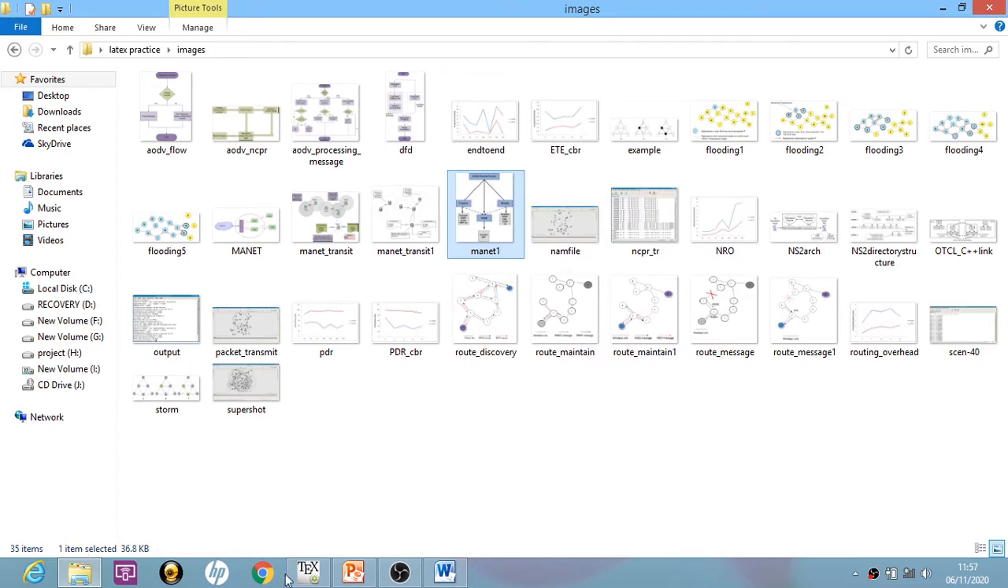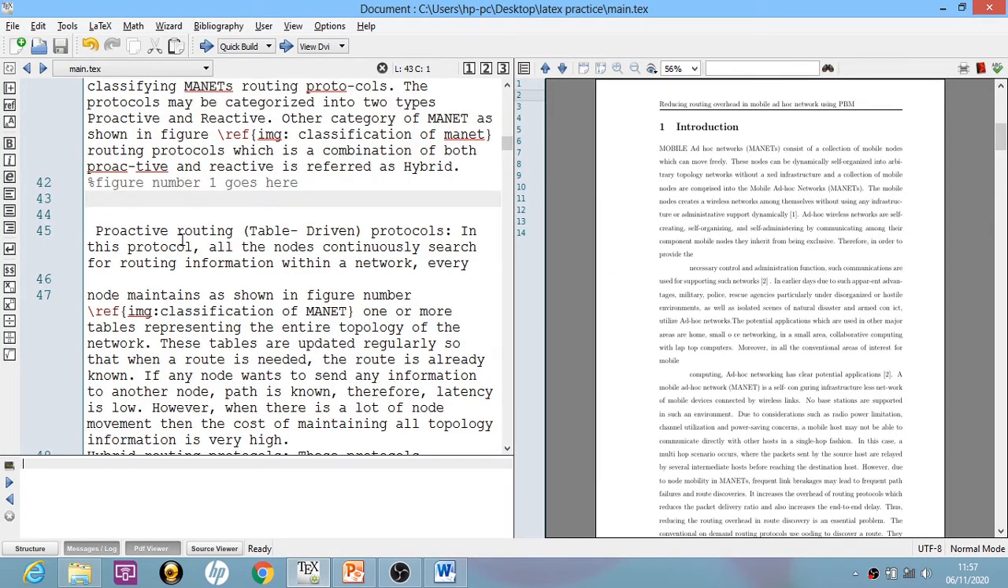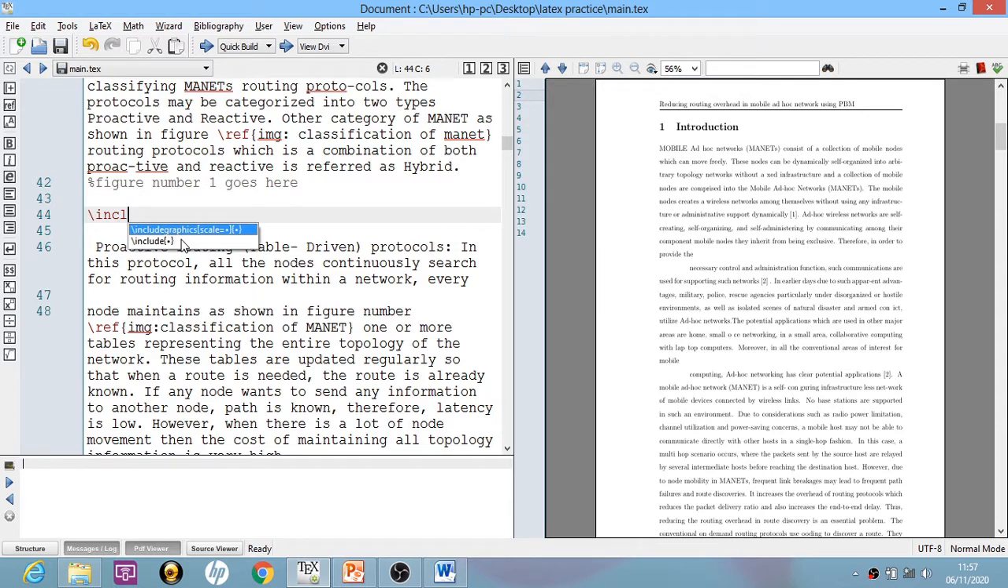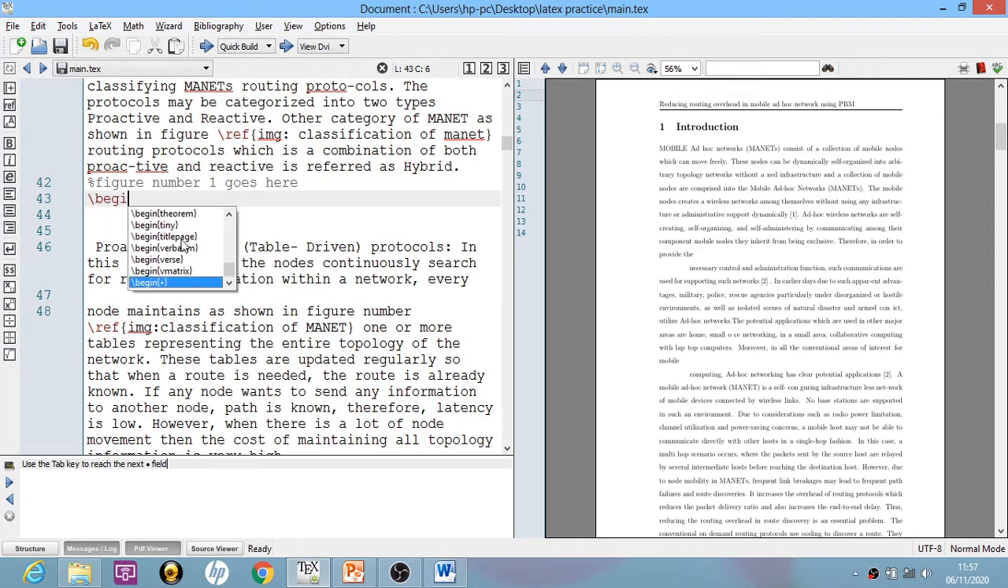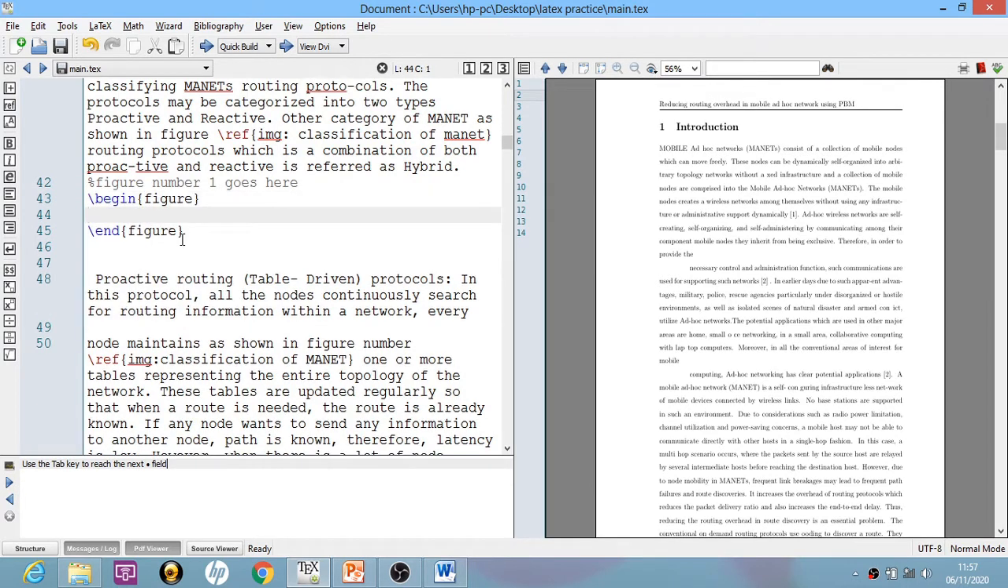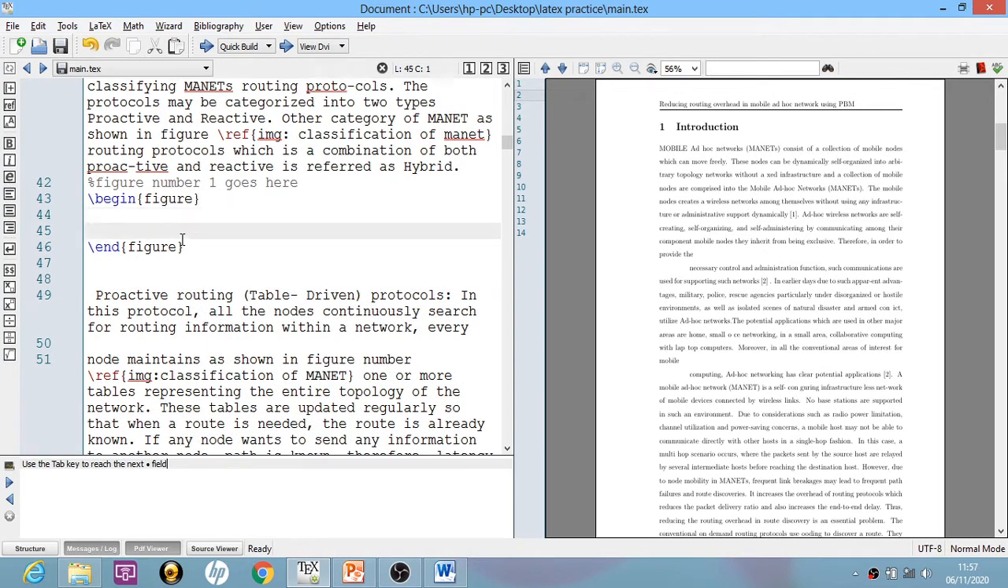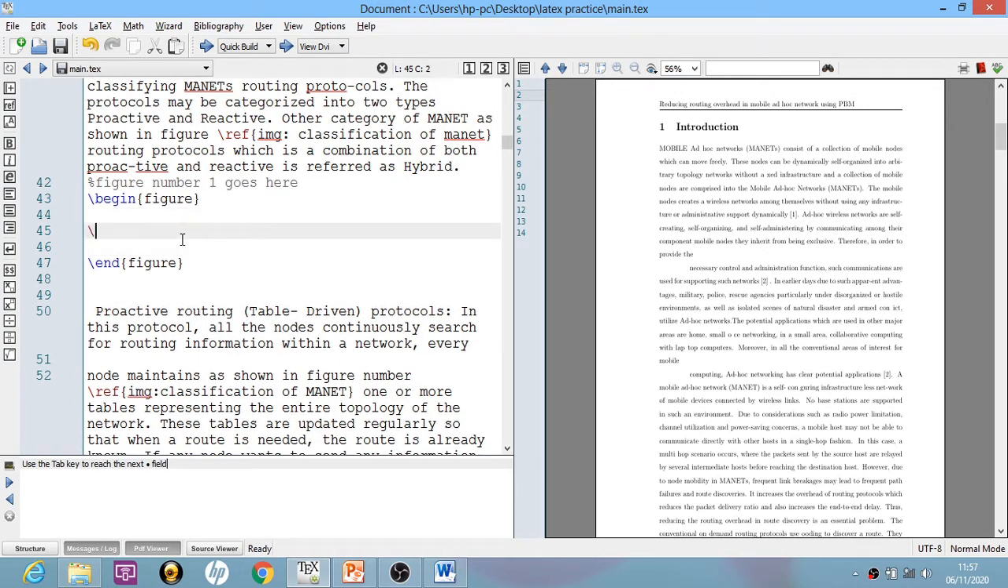Okay. Now to include graphics, a user can directly write the tag includegraphics. But while writing a thesis, I will suggest you to write it in this way. You will write begin figure, end figure, and inside this begin figure and end figure, you will write \includegraphics. The first parameter, you will pass the height and width. So you will write height equals to something, width equals to something, and in the curly bracket you will add